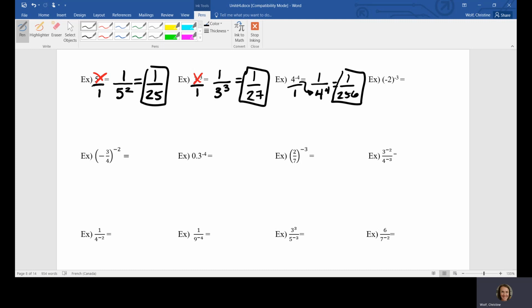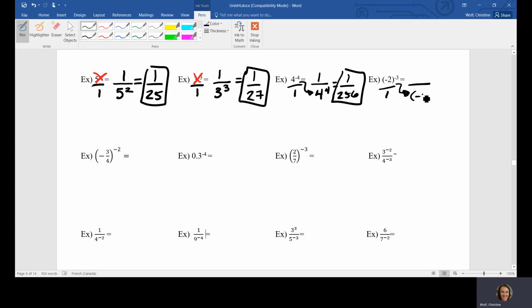Ici, j'ai juste ajouté que la base est négative aussi. So, j'ai un négatif 2 dans les parenthèses, mais rien ne change. Je veux encore que ça regarde comme une fraction. J'allais bouger la base ici en bas. Now listen. La base est négative 2. Le négatif vient avec le 2